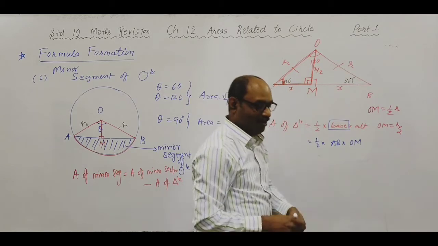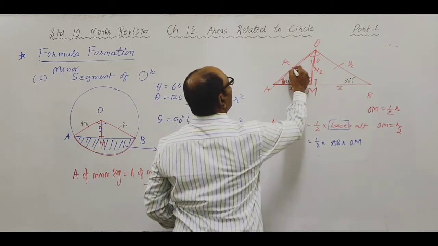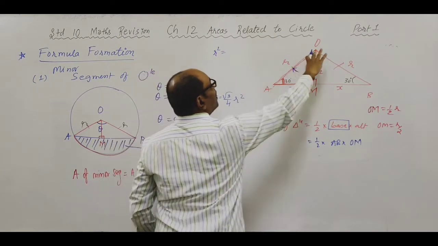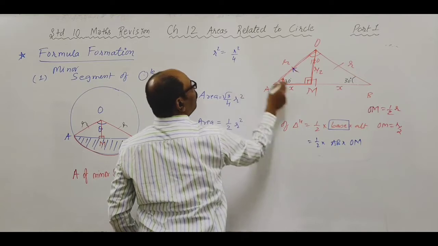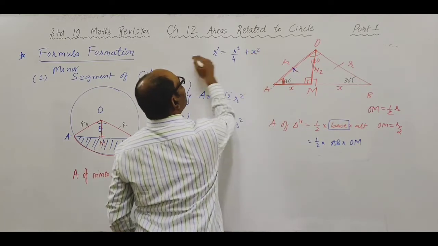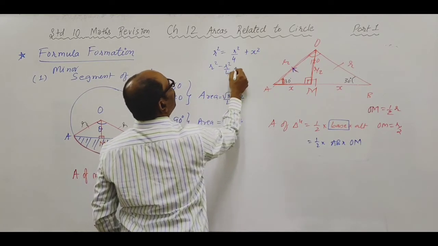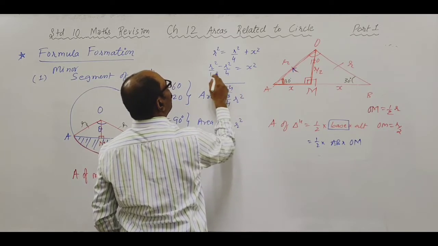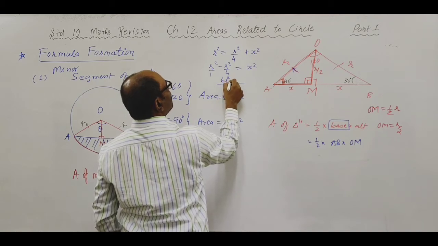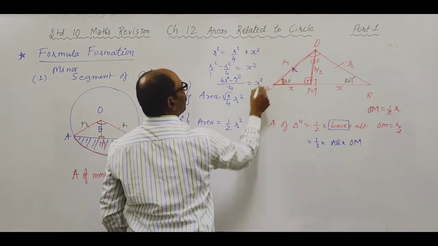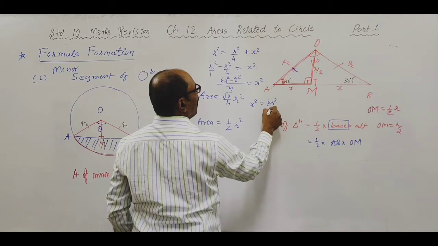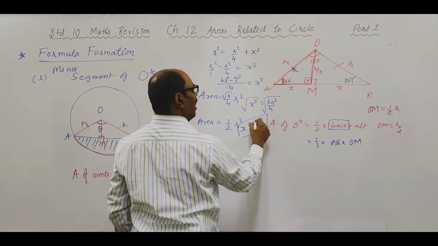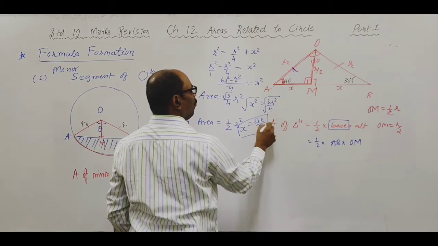So use Pythagoras now. Pythagoras, which is hypotenuse OA. So you can say R square is equal to OM square, that is R square by 4 plus X square. चलिए सगा संबंधी इकट्ठा करो. That is equal to X square. Yes. So LCM is 4. 4R square minus 1R square. ये आप कर लीजिए. So X square is equal to 3R square by 4. Taking square root. So X is equal to root 3, R निकल जाएगा बाहर और 4 भी निकल जाएगा.